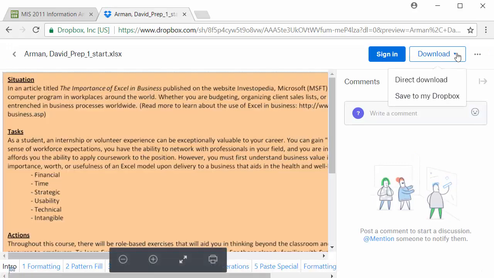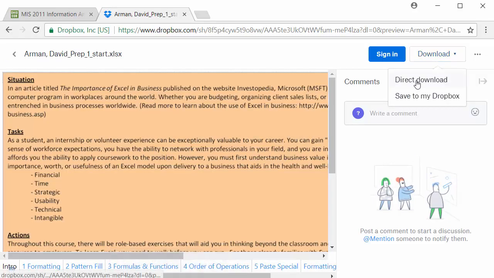So we're going to click the drop down arrow next to download, and you can do a direct download. It's really important that you start with your start file. That's how everything needs to be graded, and that's what you will need to submit. Once you have your file saved,